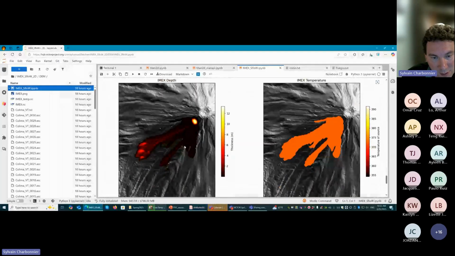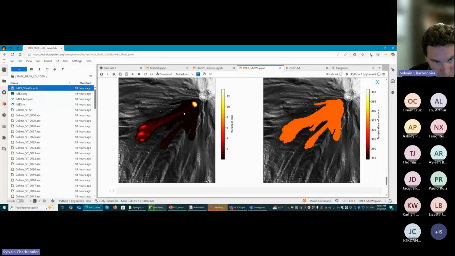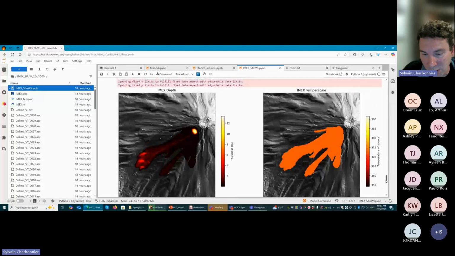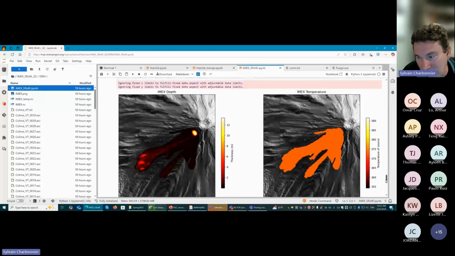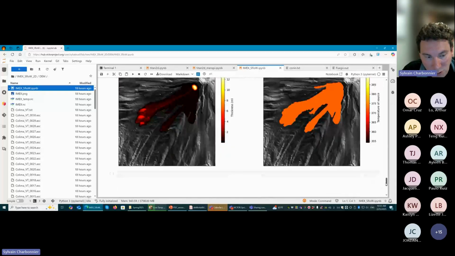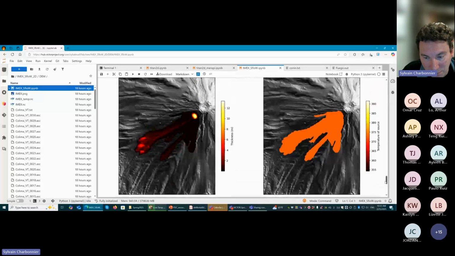For example, that's Colima volcano, and this is what we call a granular avalanche. So it's concentrated PDC going into several valleys from the top of the volcano. So you can get a map of the flow thickness here. And another thing that IMAX is doing that Titan is not is also varying the temperature of the flow, so taking into account the temperature of the flow, both for the gas phase and the solid phase. So a bit more complex and maybe more realistic, but also takes much longer to run